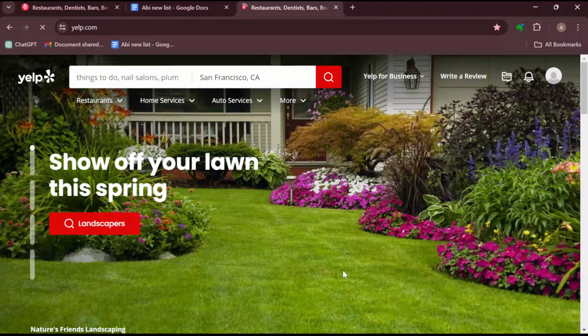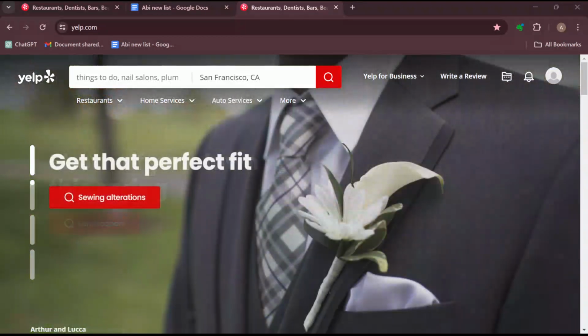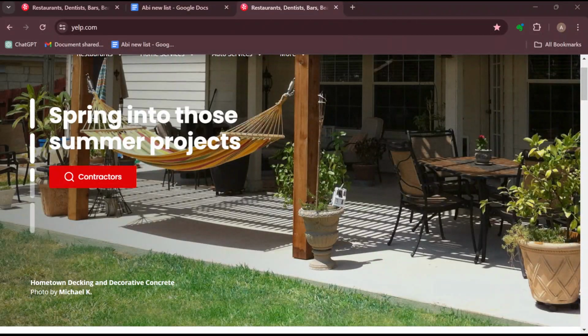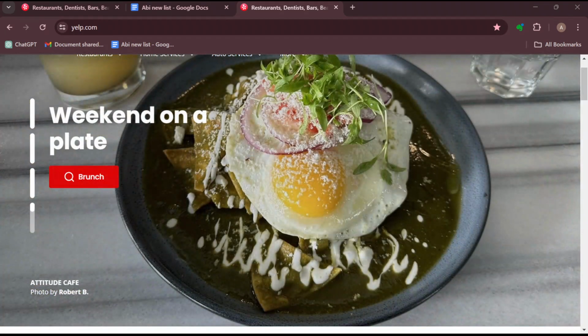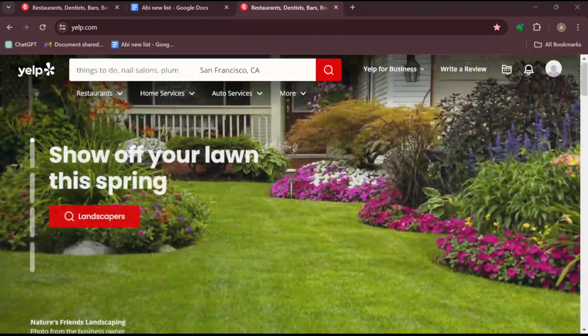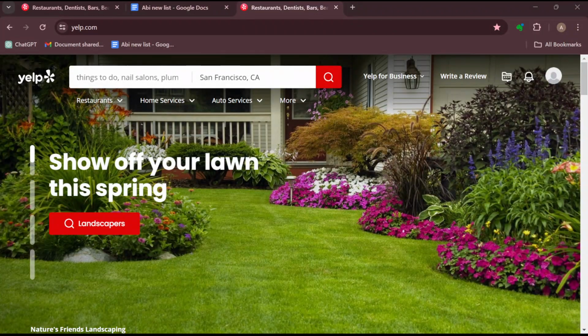Okay, so it's bringing me back to this page because I have an account saved already on my Google account. But for you, once you click on sign up, you'll be able to enter in your details, your first name, last name, email address and password, then click on sign up. After clicking on sign up, a confirmation message will be sent immediately to the email address you provided during the sign up. So all you need to do is to open your email box and look for the confirmation email